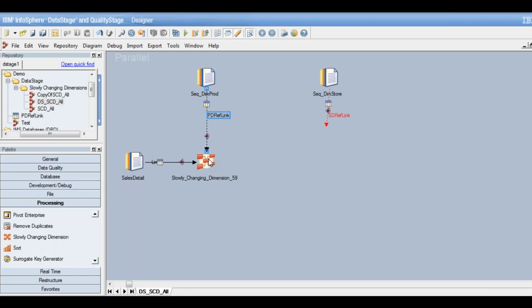And I'll have two output links coming out of this stage. One will be carrying the fact data and one will be carrying the data that is needed to update the dimension table. So we'll just name it correctly so that we will be able to identify it.